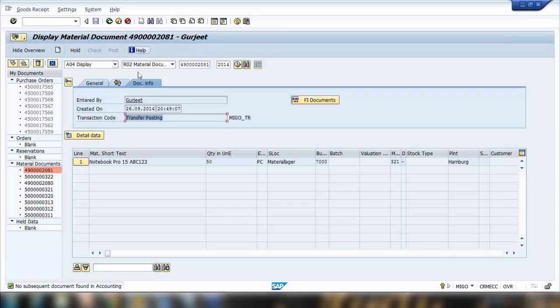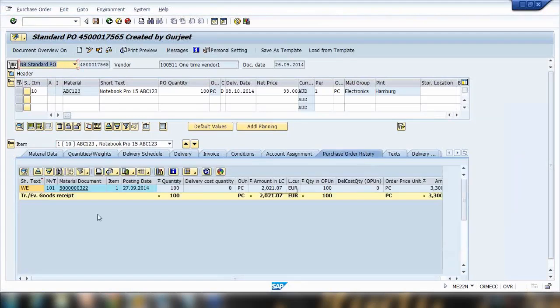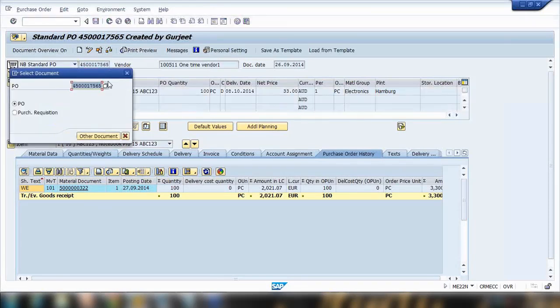Whenever you do the goods receipt, if I open an old purchase order, you can see a tab here, purchase order history for the line item. And here you can see whatever happened. For this purchase order, only a material document is created. Even if I open a different one,